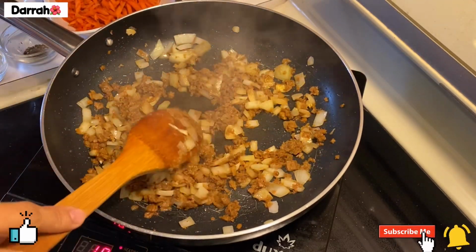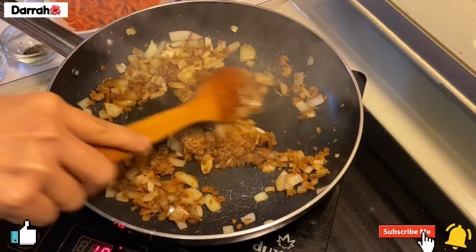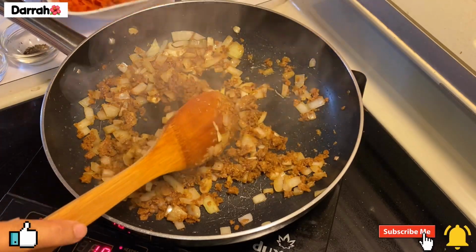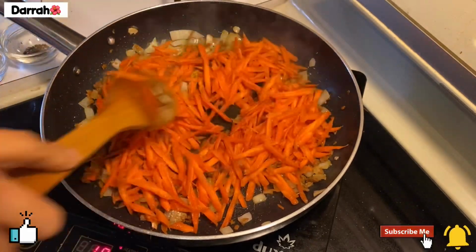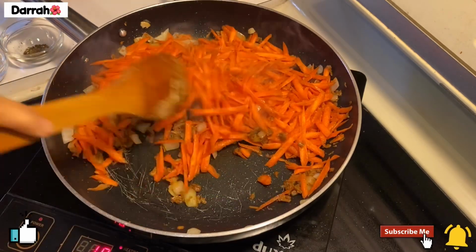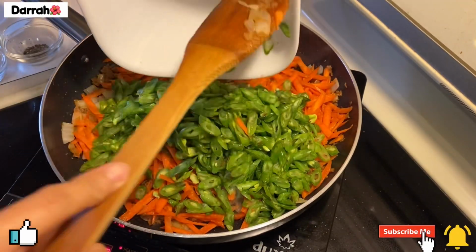Then we have to add the mushroom seasoning. And we have to add the vegetables, carrots, green beans,